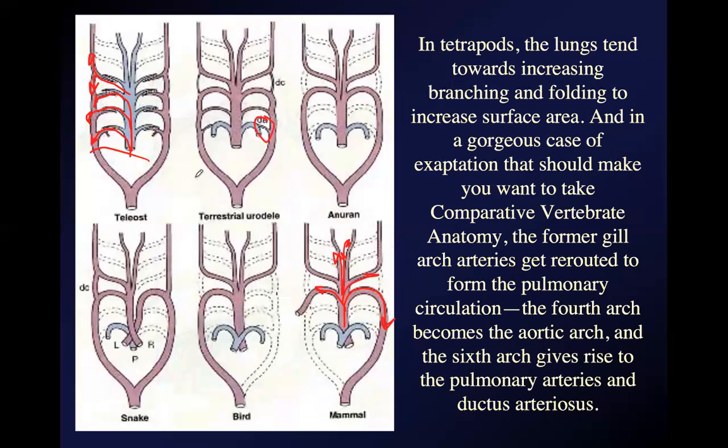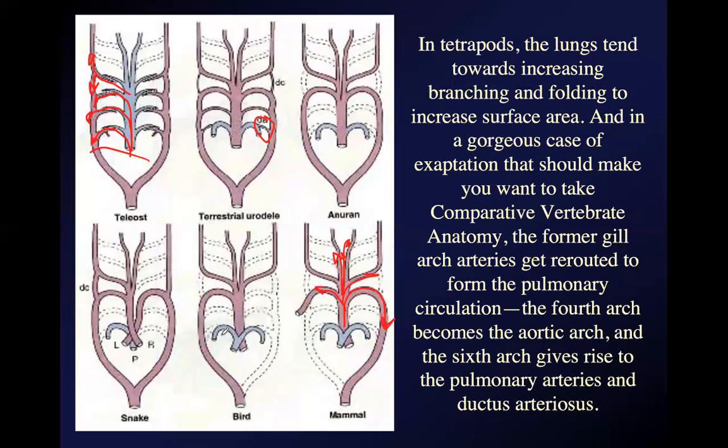So the arteries that used to carry blood to the gills, some of them have been lost, others of them have been rerouted a bit. And what you end up with is the pulmonary circuit, the way that the heart pumps blood to your lungs, back from the lungs with oxygen in it, and then out to all parts of the body. So you've got that double loop, heart to lungs to heart and heart to body to heart. And that's all an example of tinkering or exaptation.